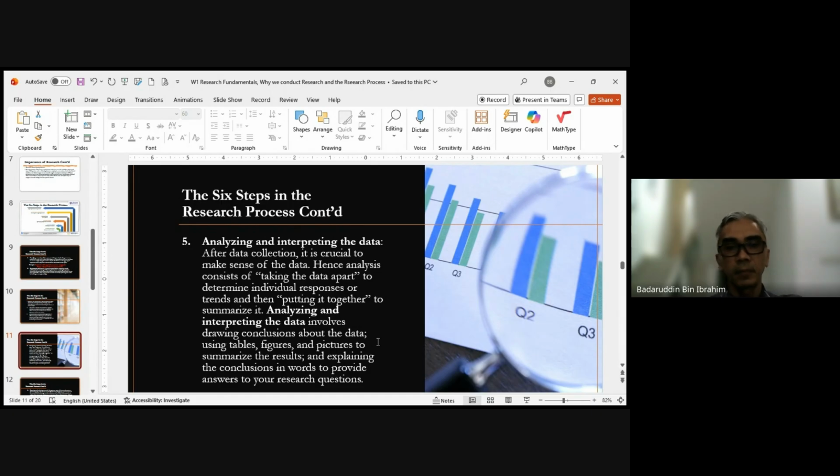And when you come into this session, I hope that the lecturers for that particular session will expose you to some samples of data presentation, whereby data can be presented using tables, figures, and pictures. Okay, summarize the result, and bear in mind,